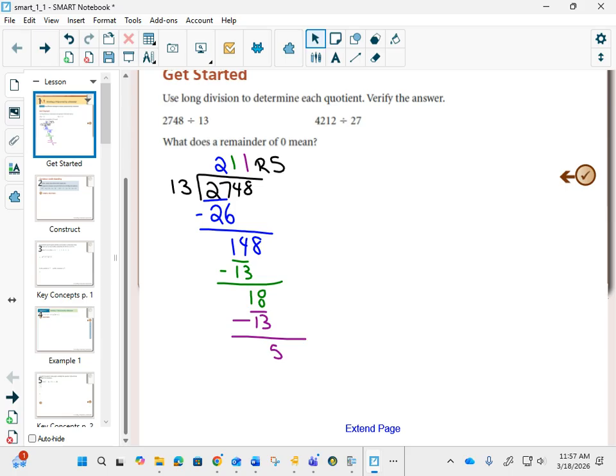200 times 13 is actually, I could add these zeros, because that 2 is put in the hundreds column to